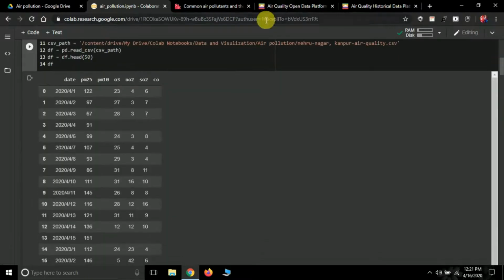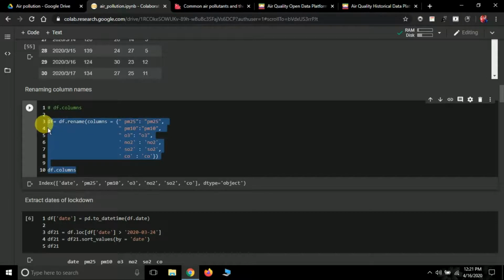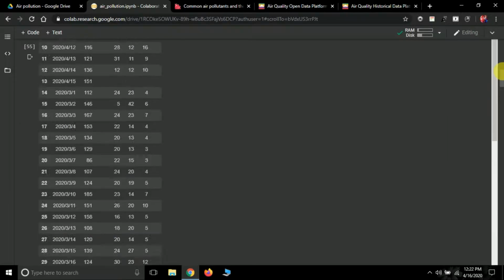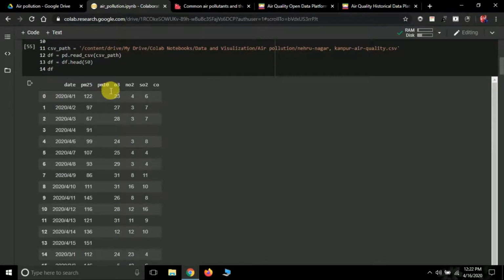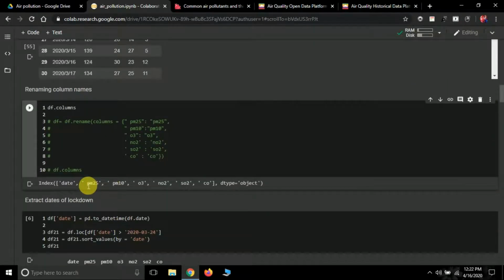First of all, see here, you are seeing it like PM 2.5 or PM 10. Let me just try printing the names of the columns. So let me comment this and type df.columns and run it, and it will show you the names of all the columns. The name of the first column is date, then the second column, instead of PM 2.5 or PM 10 or O3, you will notice it's storing a little space here. See, space PM 2.5, space PM 10, space O3, space NO2, like this. So we have to rename all these columns. So how can you do it? It's very easy.